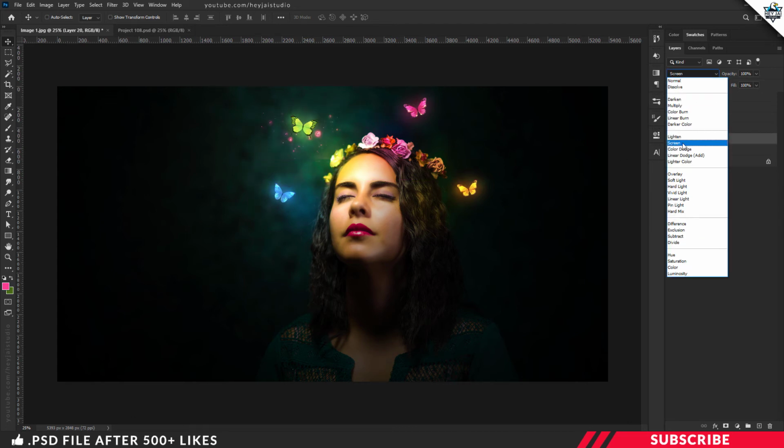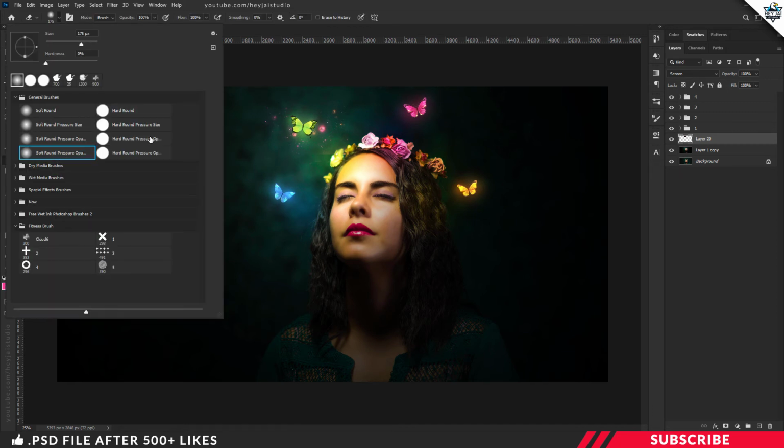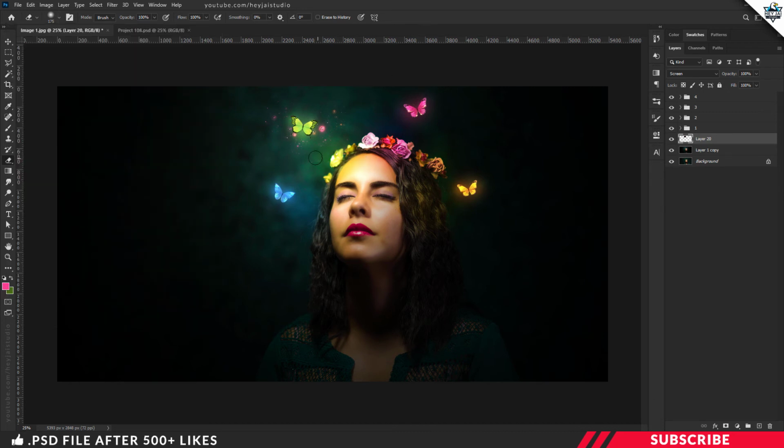Now change the image blending mode to Screen. As you noticed, all the dark parts turn invisible. Still, you may see some border. For that, select the eraser tool. I'm going to select a soft round brush and you can erase the parts you don't want. This step is optional. Once you're done, next we're going to resize it by enabling Free Transform with Ctrl T and I'll give a little